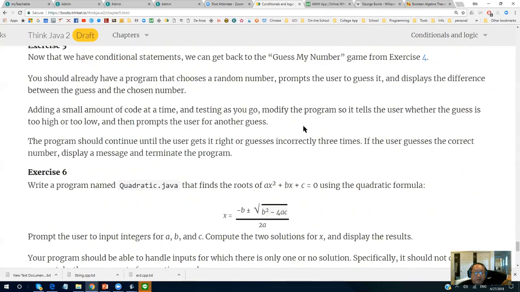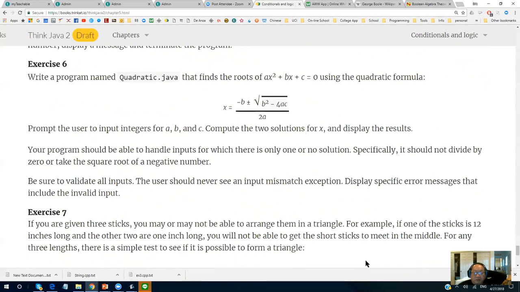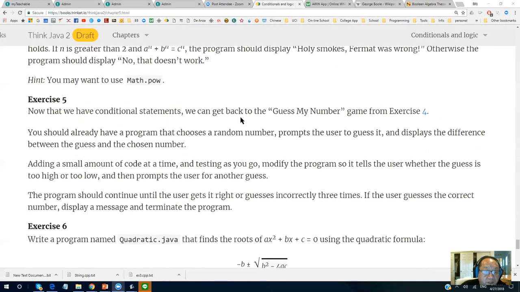Okay, because you are doing the quadratic, so let's do this quadratic one. That's helping your math anyway. 5.6. I'll give you one more, okay? But finish that and send it to me.